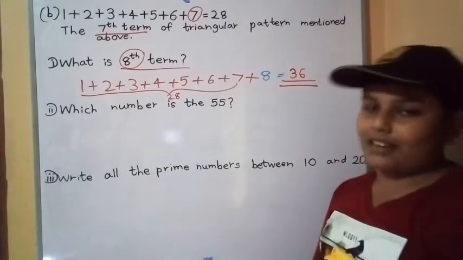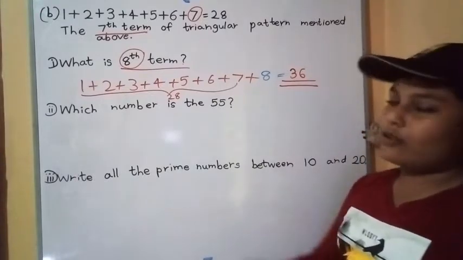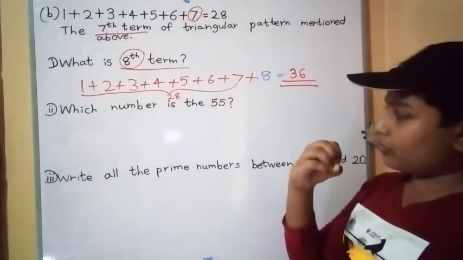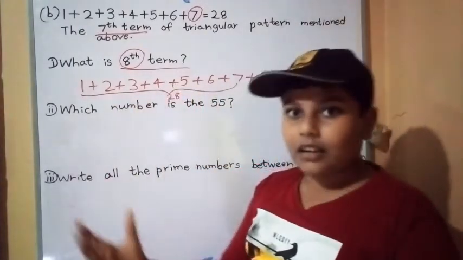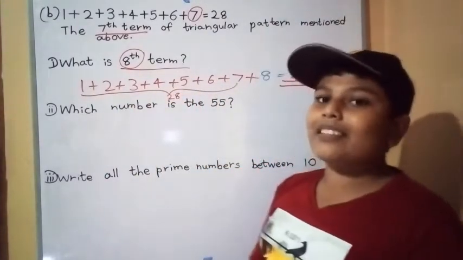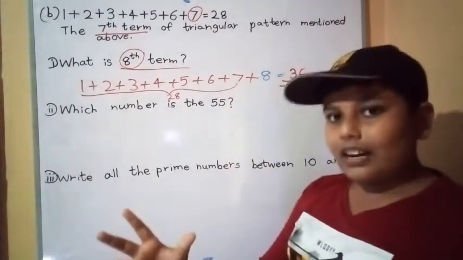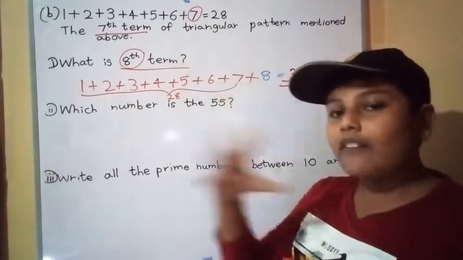That is the triangular pattern. The main one, the easy one, right? You want to write the whole numbers first. If you want to find the 10th term, the 10th term is 1, 2, 3, 4, 5, 6, 7, 8, 9, 10. Up to 10, you write the whole numbers 1 to 10.